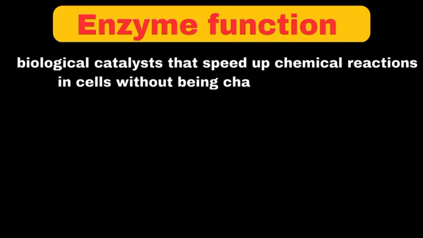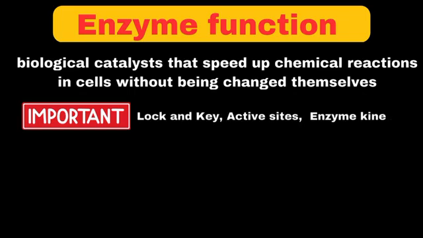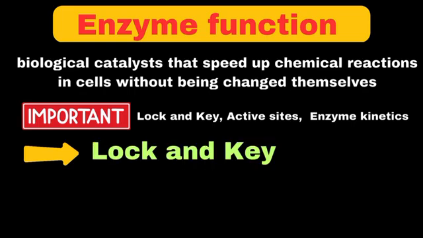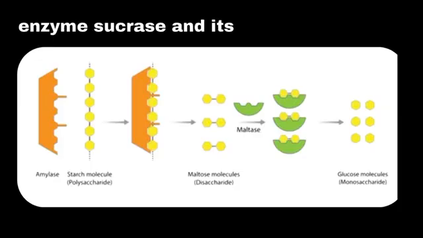Now, let's explain enzyme function in detail. Enzymes can be defined as biological catalysts that speed up chemical reactions in cells without being changed themselves. To understand how enzymes work, we need to look at three important concepts: the lock and key model, active sites, and enzyme kinetics. First, let's have a clear concept of the lock and key model. This model explains how enzymes work with specific substances called substrates. To make it clear, let's take the example of the enzyme sucrase and its substrate sucrose. The enzyme sucrase has a special region called the active site that perfectly fits the shape of sucrose, just like a key fits into a specific lock. When sucrose enters this active site, the enzyme can break it down into glucose and fructose much faster than would